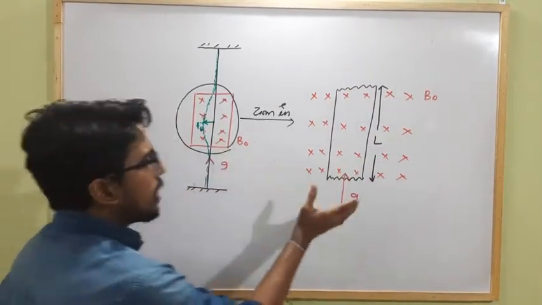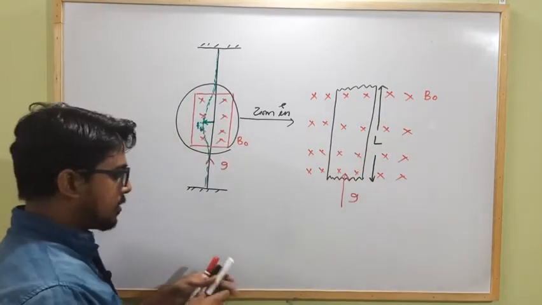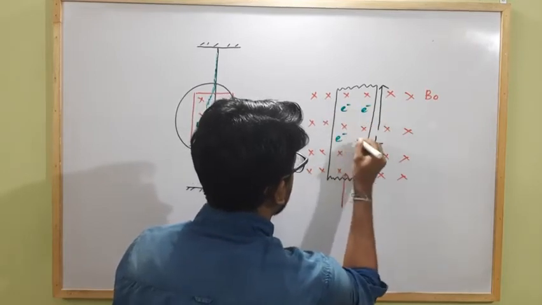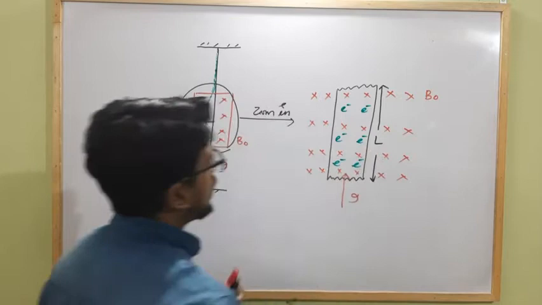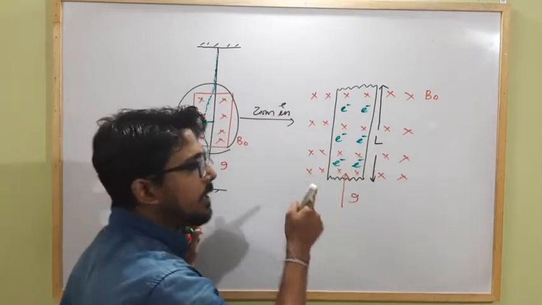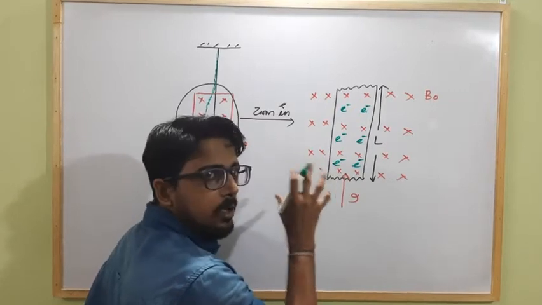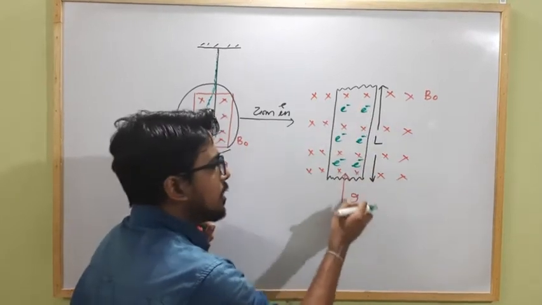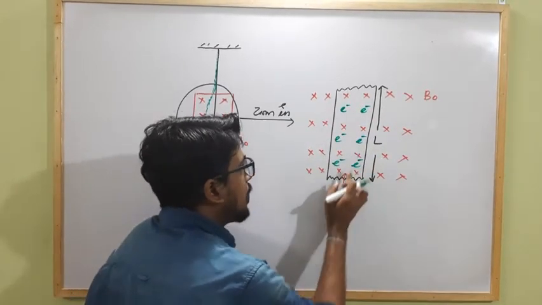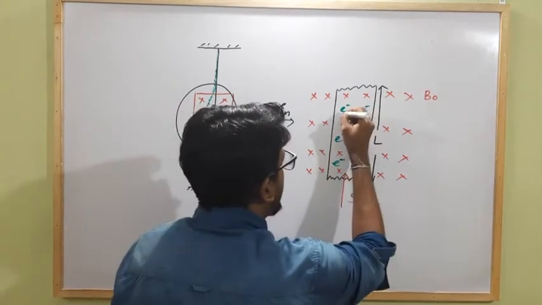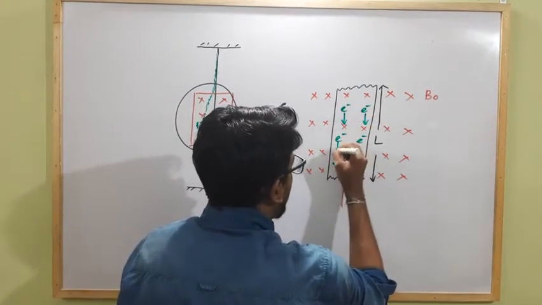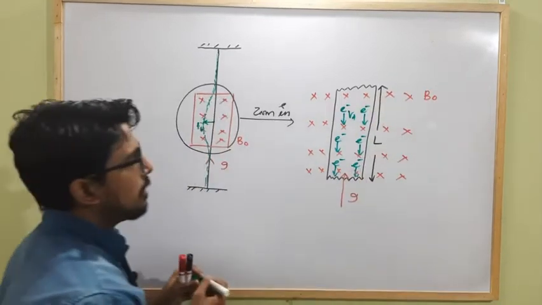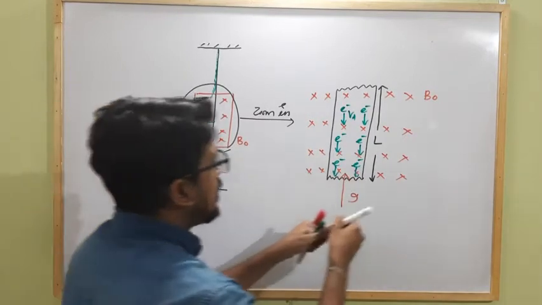in a conductor as current flows, it will carry a large number of free electrons. So there are a large number of free electrons present over here. All the electrons are moving or drifting with a particular speed or velocity, that is known as drift velocity, along the opposite direction of the current flow. If current is flowing in upward direction, then all the free electrons are drifting in downward direction, that is to the opposite direction of the flow of current with drift velocity Vd. Clear? So just consider a single electron.